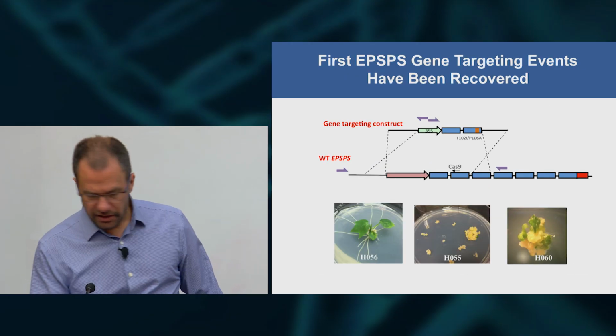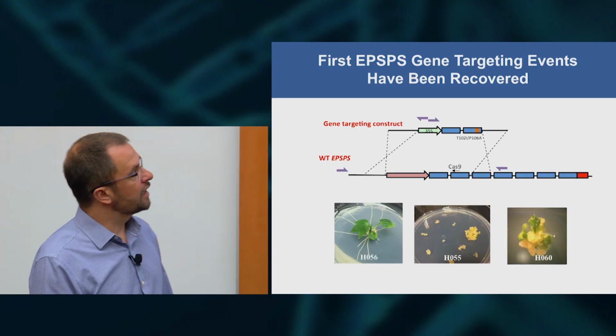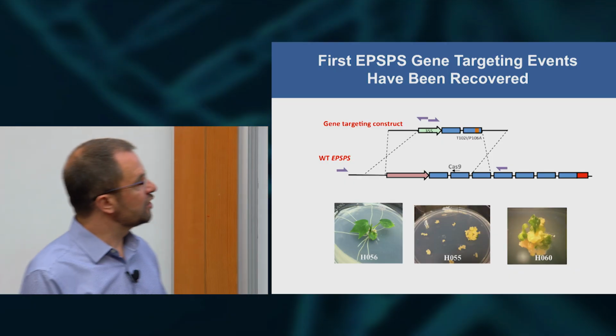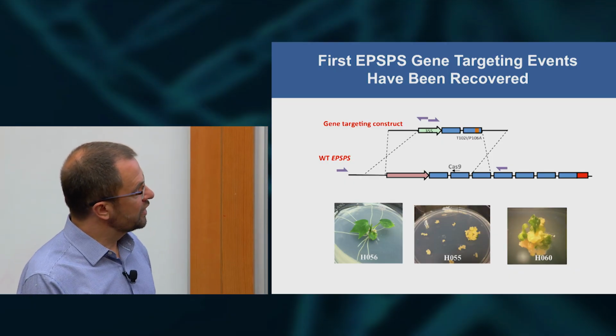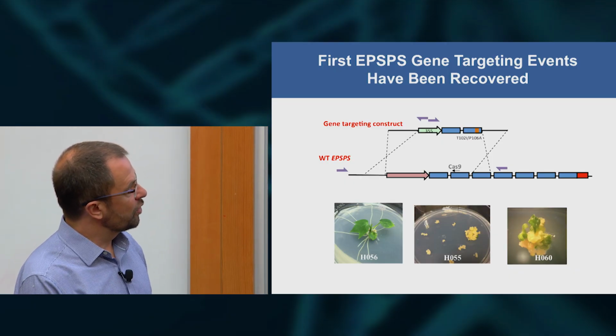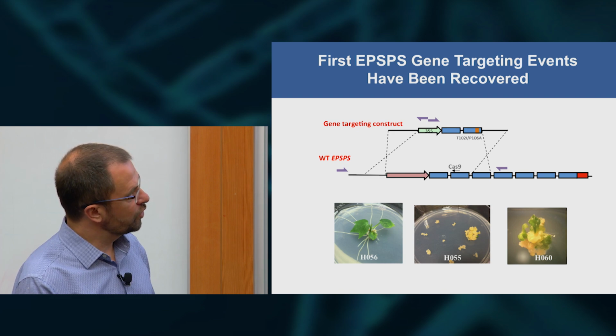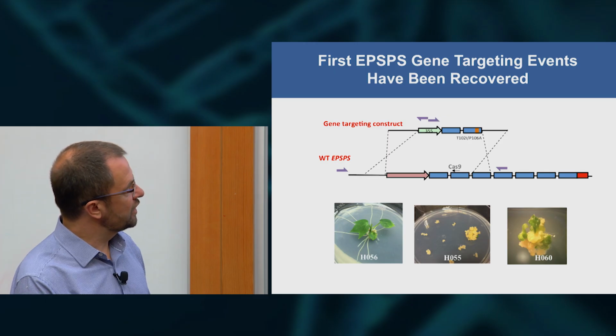And in fact, that has been the case. We've just now obtained our first gene-edited plants. So this is those cells growing in the presence of the herbicide. Occasionally we'll get a clump of tissue that grows quite effectively. And you can see those little green nodules that form. Those are individual cells that are starting to form embryos, which then germinate into full-fledged plants that can grow in the herbicide.